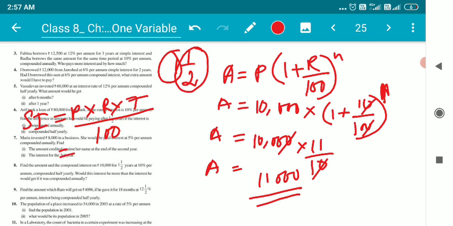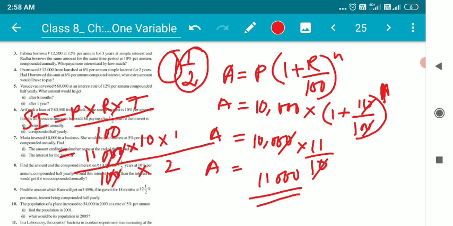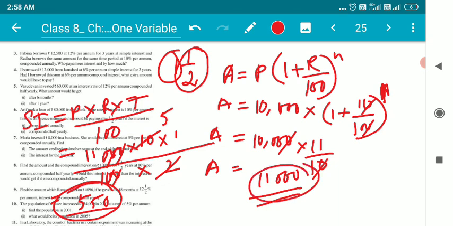Okay children, so the principal is 11,000, rate of interest is 10, time is half year, so 1 by 2, and below it was 100, 0 and 0 got cancelled, 5 2s are 10, so I'm having 110 into 5 is 550. So this 550 will be added to 11,000 because in order to get the total amount to be paid,